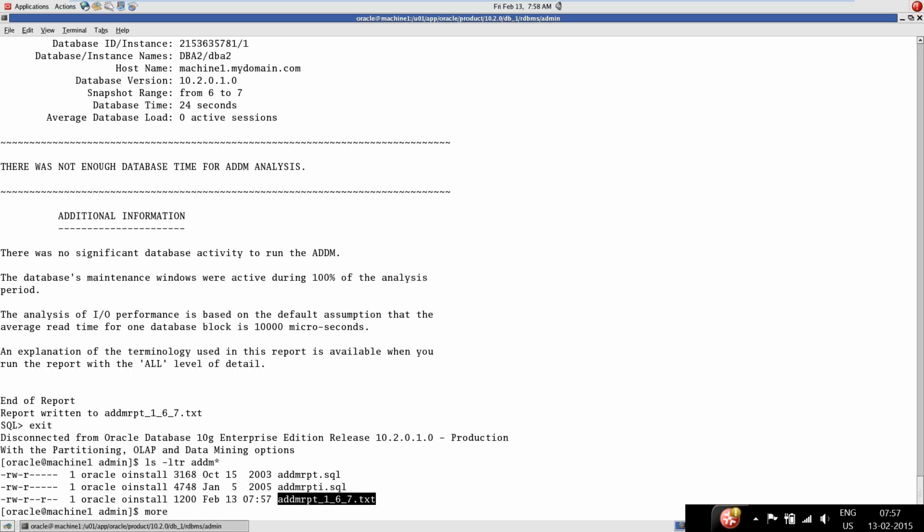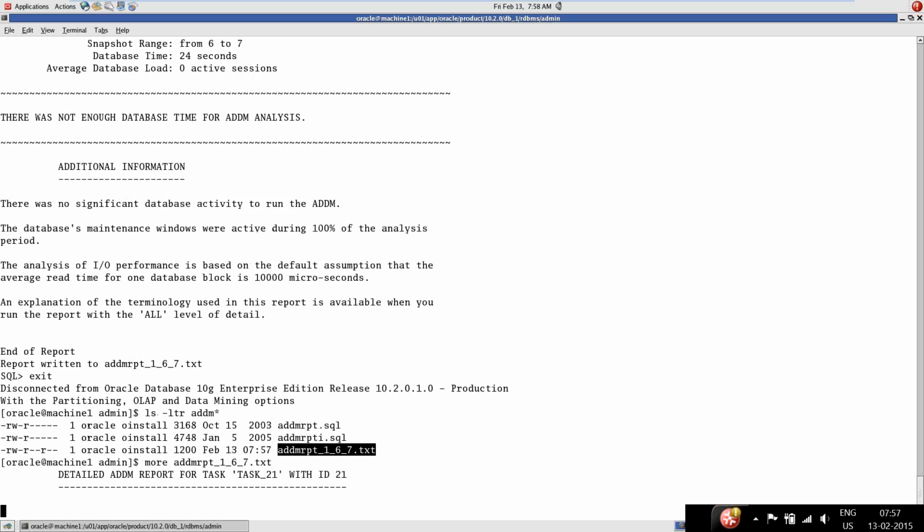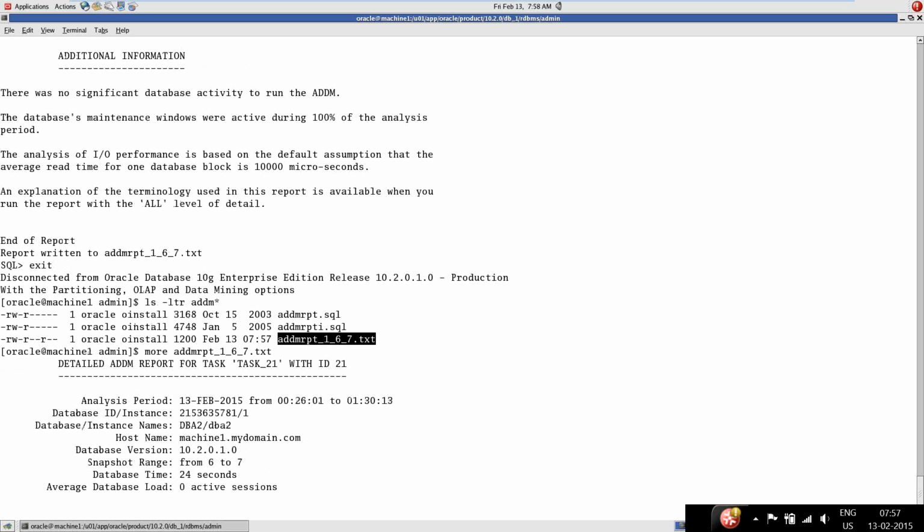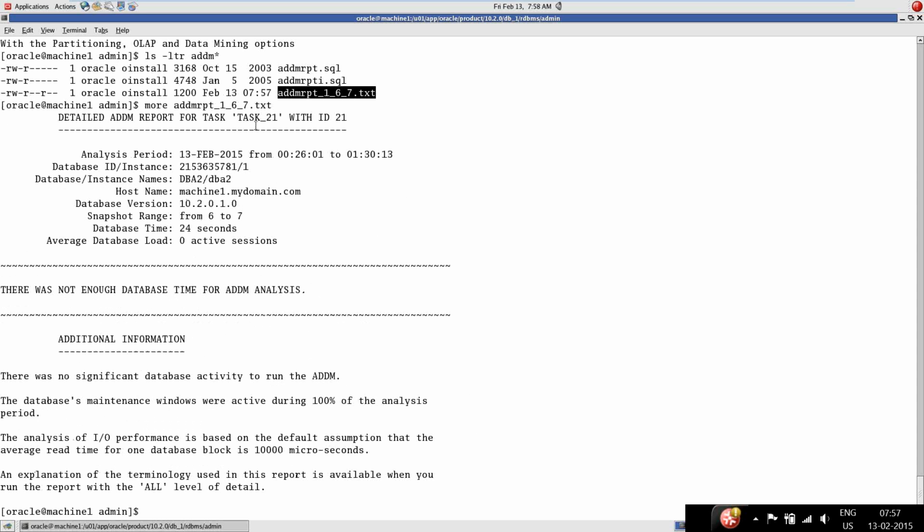Just run more on it. It is the detailed ADDM report for task 21. What is the period? On 13th February from 12:26 to 1:30, a 1 hour time period.